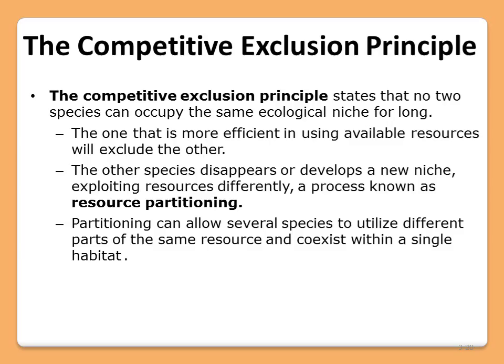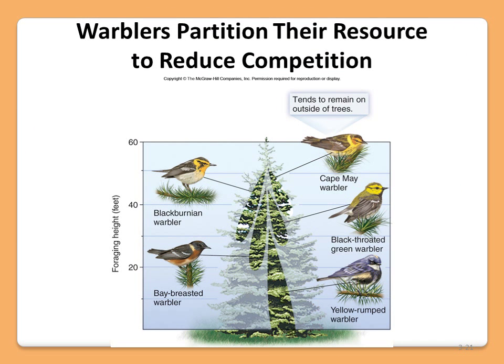And they call this resource partitioning. This can allow several species to utilize different parts of the same habitat. So they can be in the same general area but have a different niche, or a different role within that area. Warblers. We have certain warblers like the Cape May warbler and the black-throated green warbler, that both live in the top of the tree,